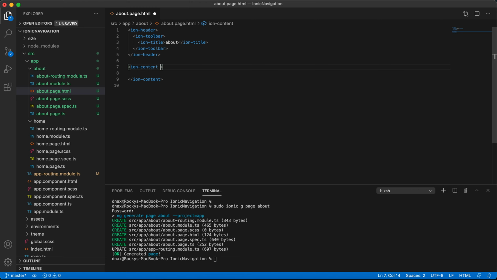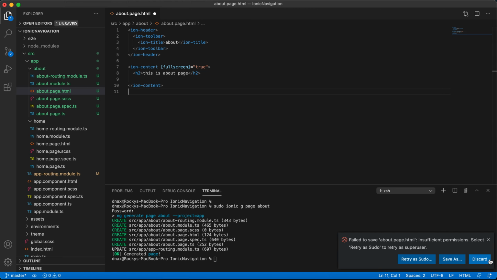Let's mention fullscreen, it will be easy, equal to true. And now we will mention, this is about page.